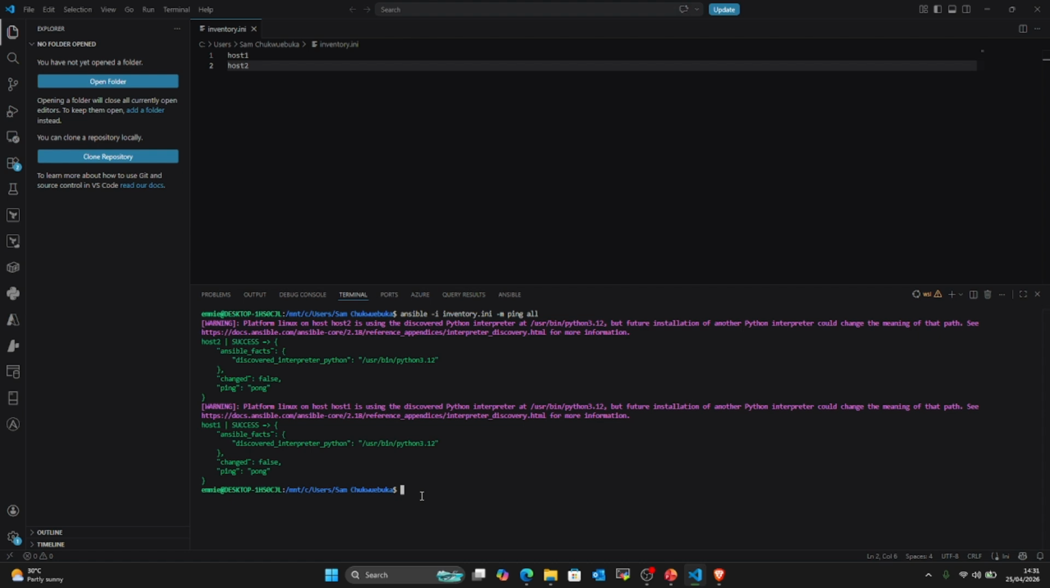So now this is the ping module. I can also decide that I want to list the content in host1. Let's say, for example, I want to list what is in /etc in host1. I'll use the shell module. I'll just do ansible,